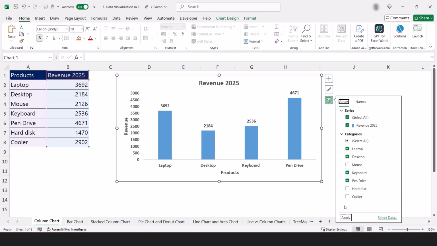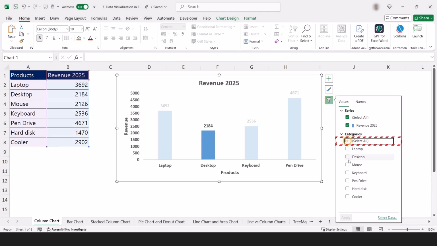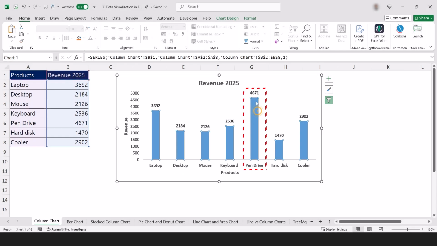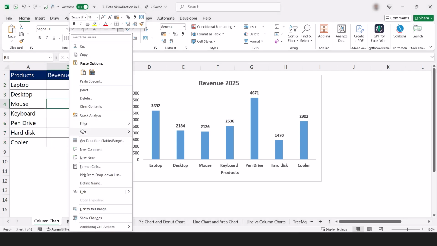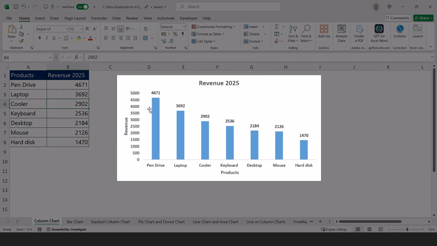So this is a very easy and simple visual presentation of your textual data. Remember, a picture speaks 1,000 words. Now this is a picture which is easily visible to anyone and we can quickly understand and identify which is having the highest and the lowest revenue. Pen drive is having the highest revenue and the hard disk is having the lowest revenue. But if you look at this data, it becomes a little difficult to understand. However, you can right click on the numbers, sort the data based on largest to smallest, and now the data or the visuals are sorted in the descending order. So pen drive is having the highest and the hard disk is having the lowest value.